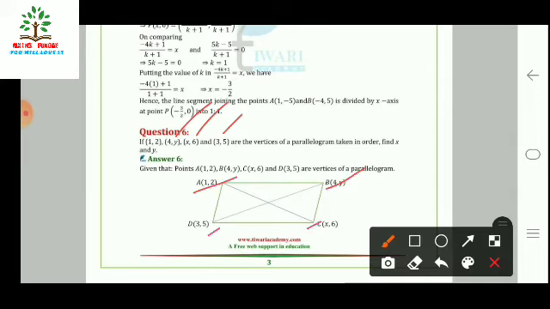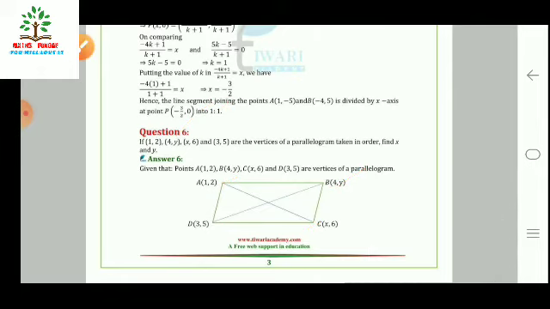ABCD is a parallelogram in which the coordinates we have mentioned are 1 comma 2, 4 comma y, x comma 6 and 3 comma 5. Order means A, B, C, D. In this way only we have to take. We can't change the order, otherwise the values will be wrong. So after drawing this figure, what do we have to find? We have to find the value of x and y. So how to find this?